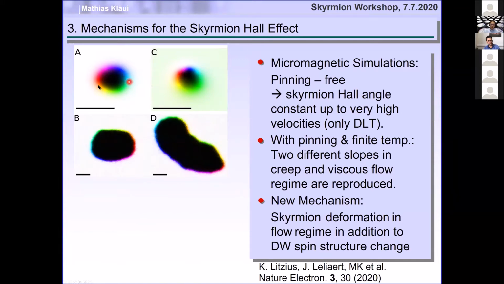You see here at rest, all the colors which denote the magnetization direction in the plane are equally well distributed. So this is a perfect Néel domain wall of the skyrmion. But now you see there's only very little blue left, and that tells you that the domain wall has actually changed. Additionally, we see, in particular if we have a non-flat energy landscape, the skyrmion